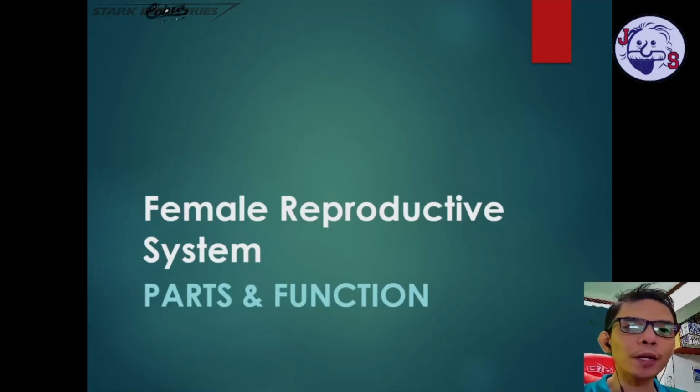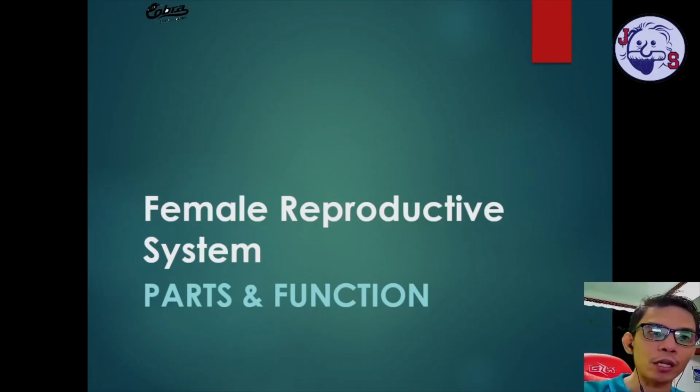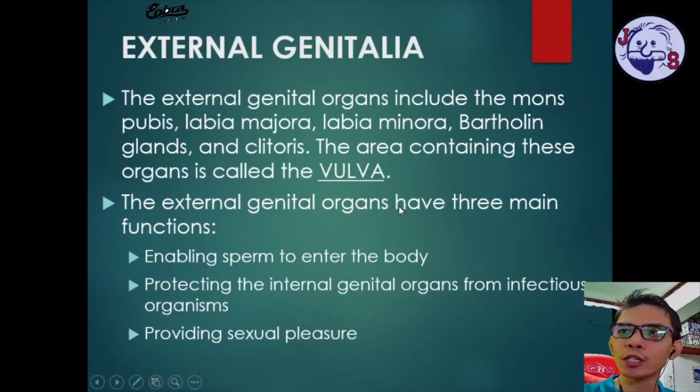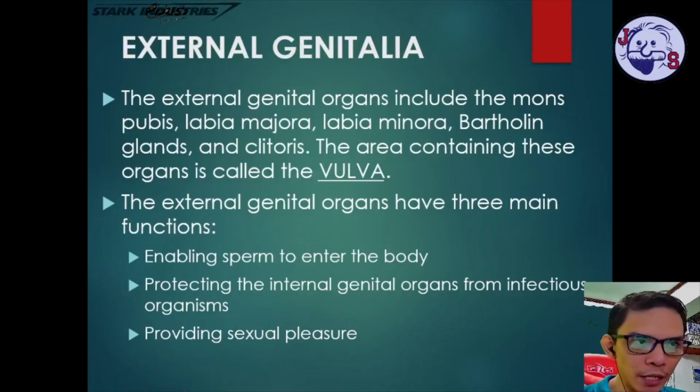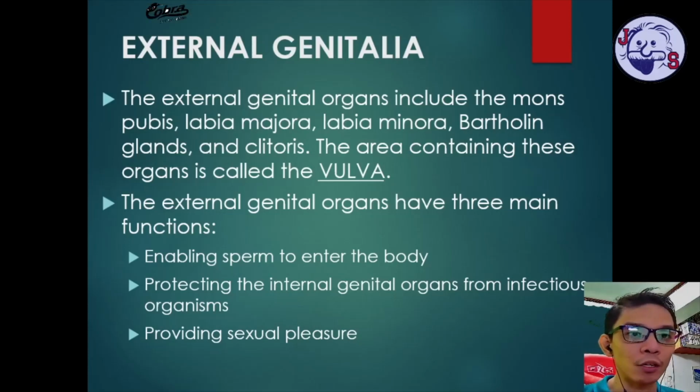In the female reproductive system, there are also parts located outside the body. We call these parts the external genitalia. The organs included here are the mons pubis, the labia majora, the labia minora, the Bartholin glands, and also